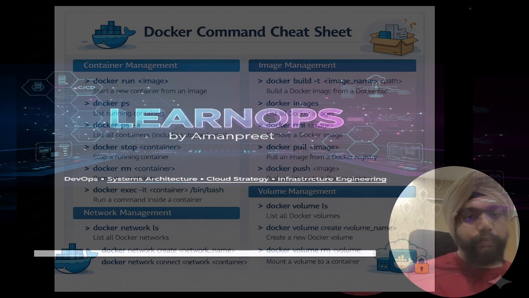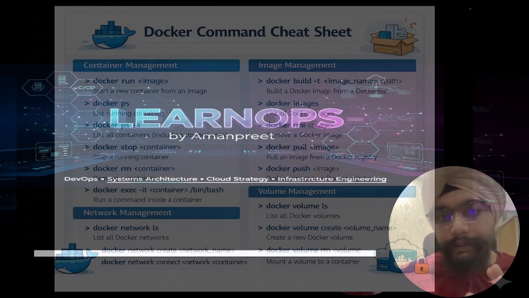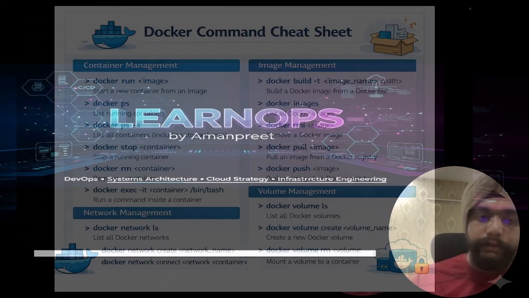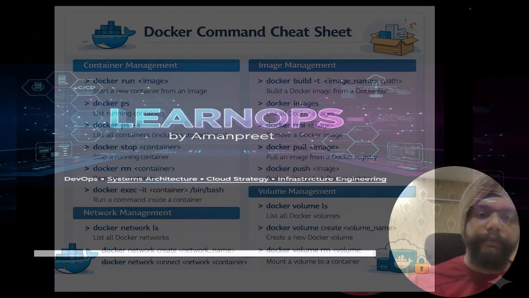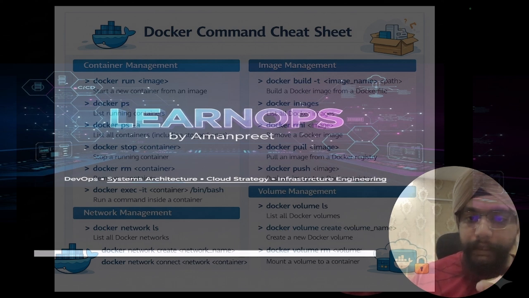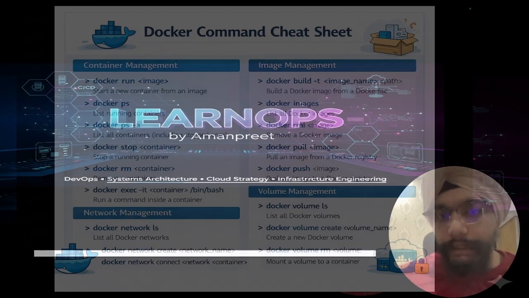So these are the Docker commands in a cheat sheet. Here, in projects or corporate cycles, we have to be very conscious about sensitive commands like run, rm, and rmi. These are commands where we need to work very consciously. We have to take permission from our leads and technical managers before we remove images or containers with rm or rmi. So we need to be very careful wherever rm is involved.